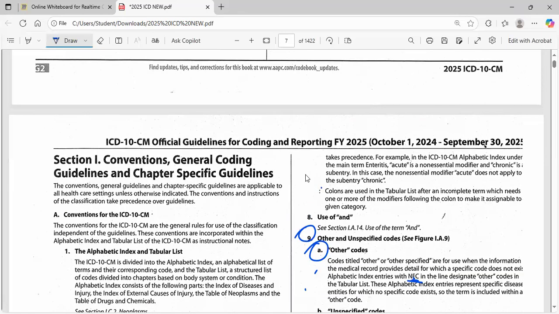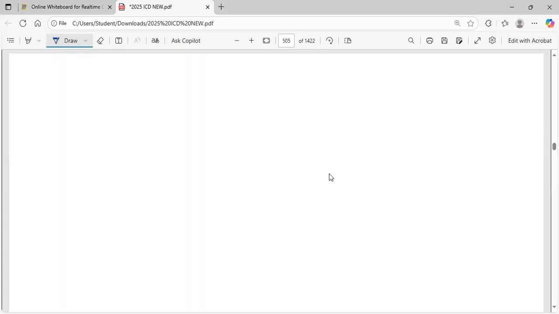Then we have columns. We have the columns in the tabular list only. Columns with under